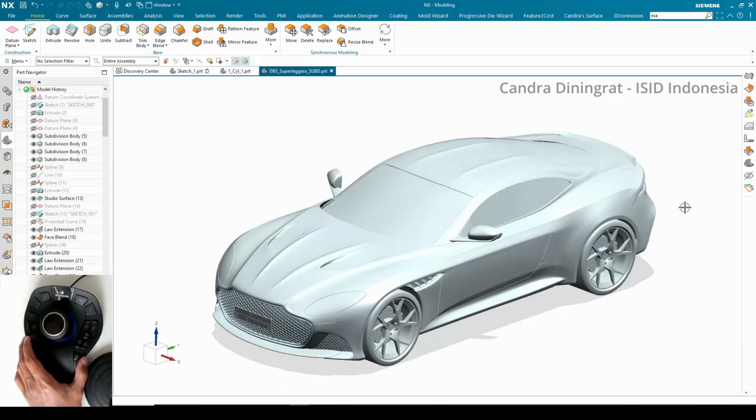Okay, in this video, I'm going to explain about this device and how to use this device inside the Siemens NX. So currently, I am using the 3D connection SpaceMouse Pro model, and you can see this is the device. In the middle of this device, there is a joystick. This joystick has